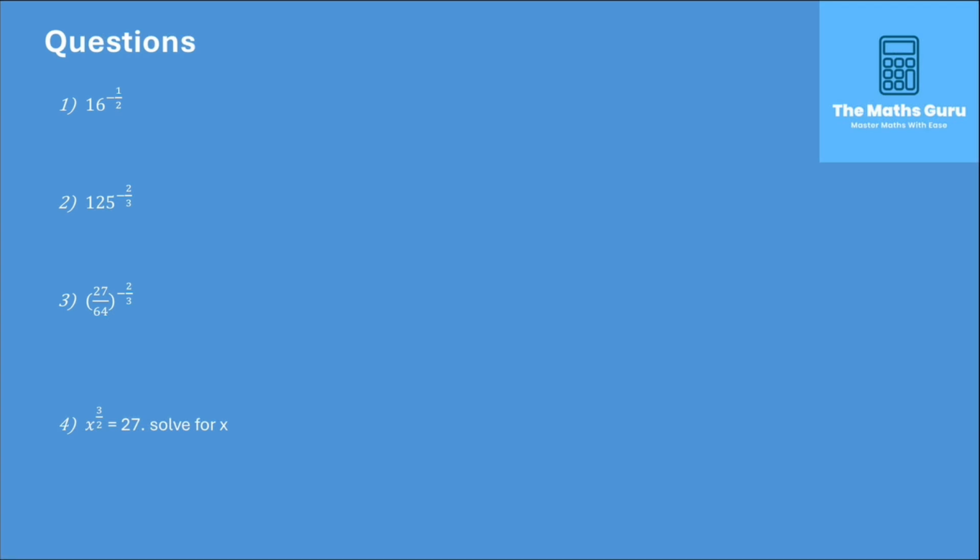So 16 to a negative half, first thing we're going to do is deal with our negative sign. So this is going to lead us to do 1 over 16, and this is going to be to the power of a half. Now when we have a fraction to the power of a half, we apply our same rules of our fractional